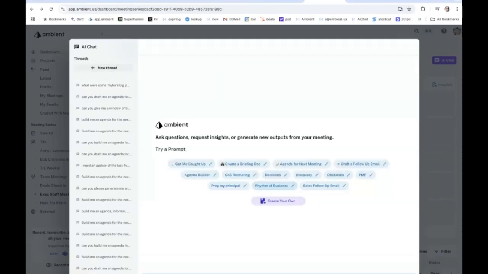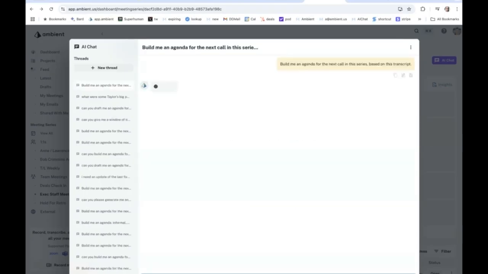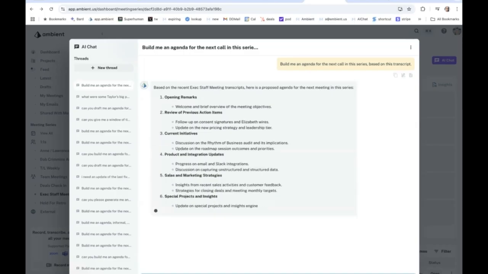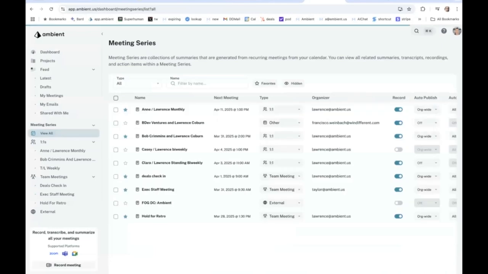Other things I can do here is I can start to customize and automate my workflows. So one thing that is helpful with a recurring meeting is the ability to build an agenda for the next one. So we've had these saved prompts that you can interact with and automate some of your key workflows. Okay, so I have one of these set up for every one of my recurring meetings. So when I have one-on-ones with investors or I have one-on-ones with teammates, I always have this ability to go in, I get the pre-read, I'm able to automatically capture all the notes, I'm able to generate the post-meeting follow-up, the summaries, the action items, and we're able to execute better, have a perfect memory,